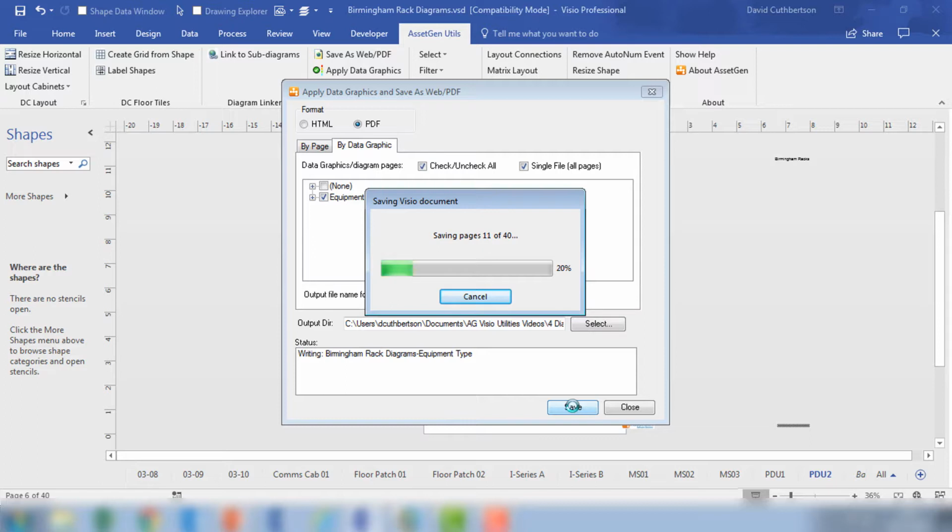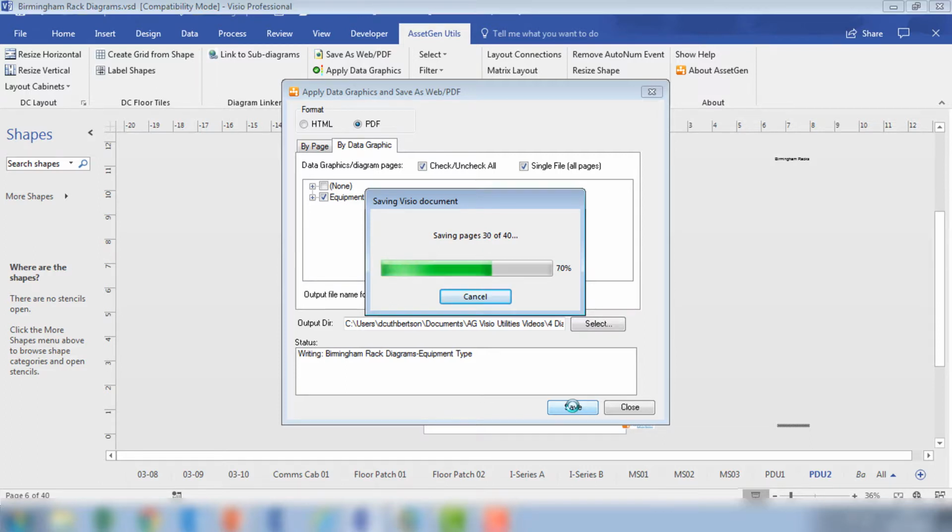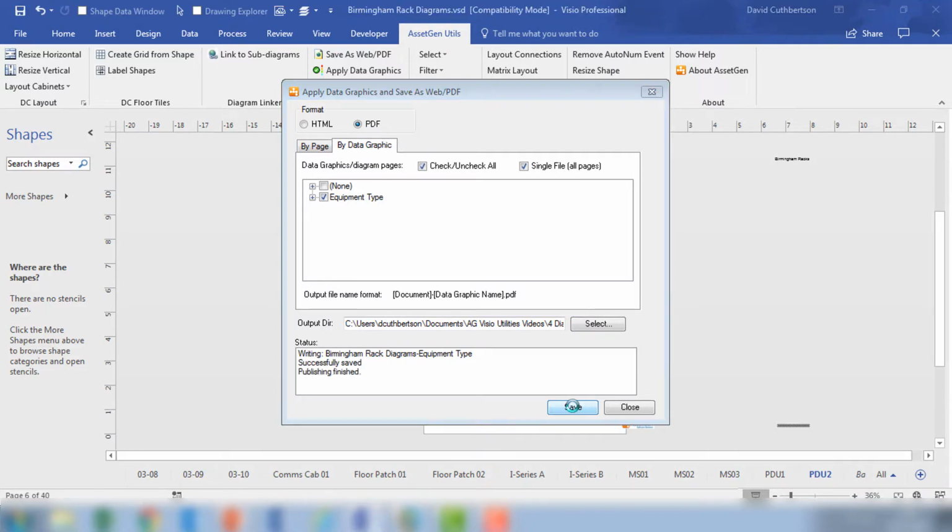This goes through, applies the data graphic, and scans all the documents and saves it all in one PDF file. As you can see, we have some feedback that it is finished. If I go and look at that file now,